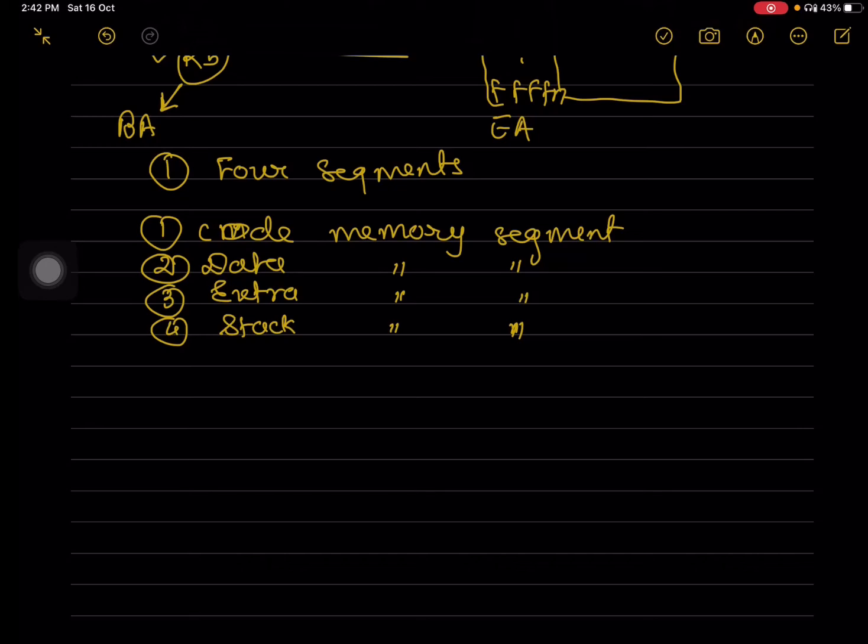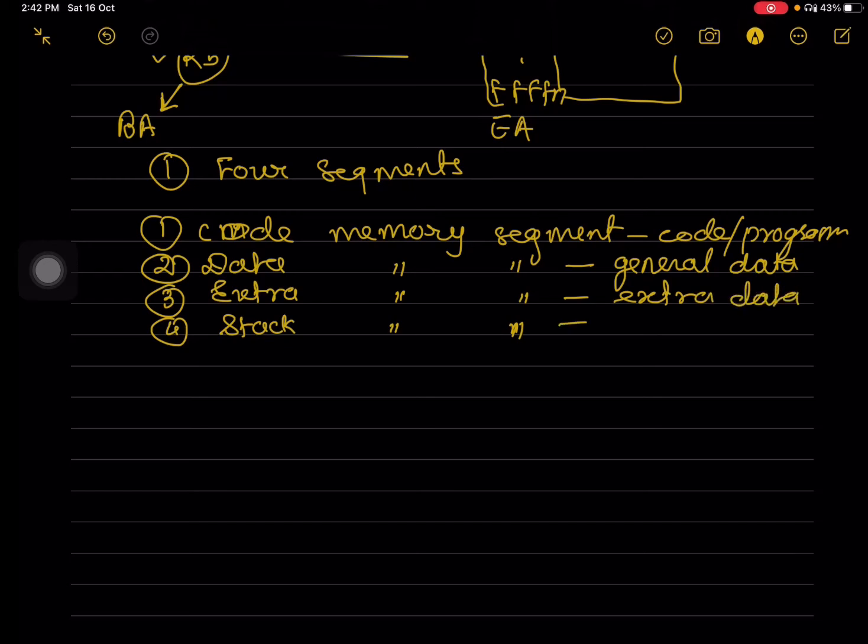The code memory segment is specially used to write a code or a program. Whenever the user writes any program or code, it is written in the code memory segment. The data memory segment is used to store general data. So if I have large data, it is to be stored in the memory segment, as microprocessor registers are not sufficient to store the data. In that situation, I'll use the memory segment as a data memory segment for general data storage. If I have extra data, then it can be saved in the extra memory segment.